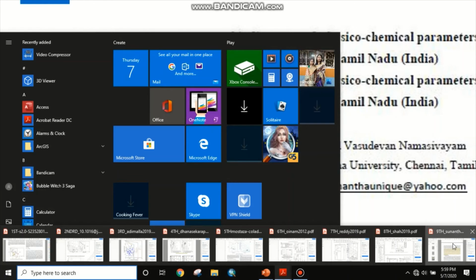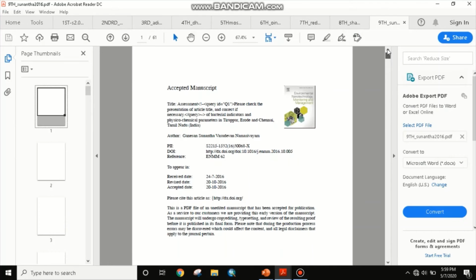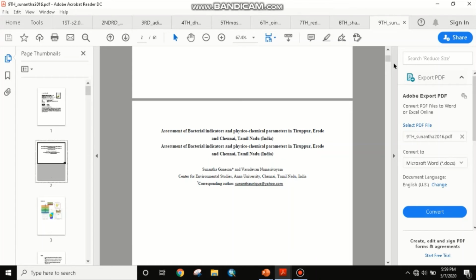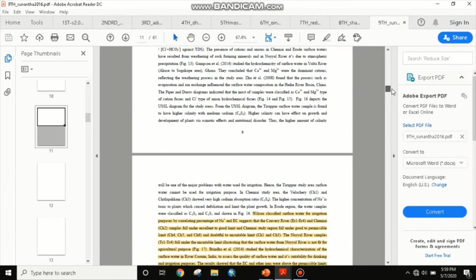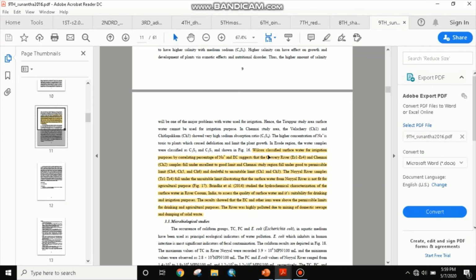Here this is the article which has been published in Elsevier, in Environmental Nanotechnology, Monitoring and Management, that is the journal name, and this is the journal title. Now here we can see that the Wilcox diagram detail has been given. Then what they have explained: Wilcox classified surface water for irrigation purposes by correlating percentage of sodium and EC, which suggests that the Kaveri river and Erode samples fall under excellent to good limit, and Chennai study region falls under good